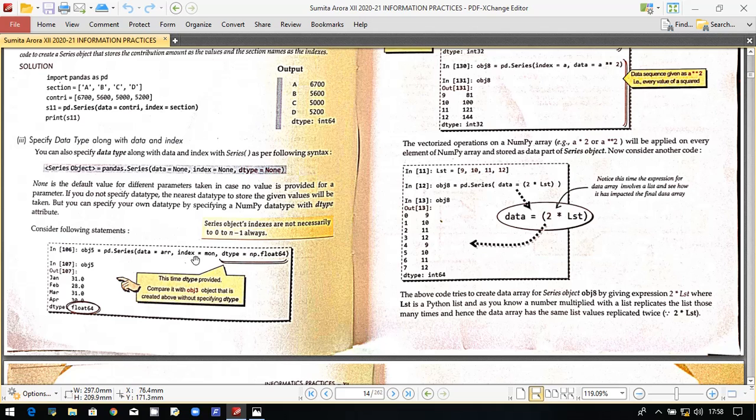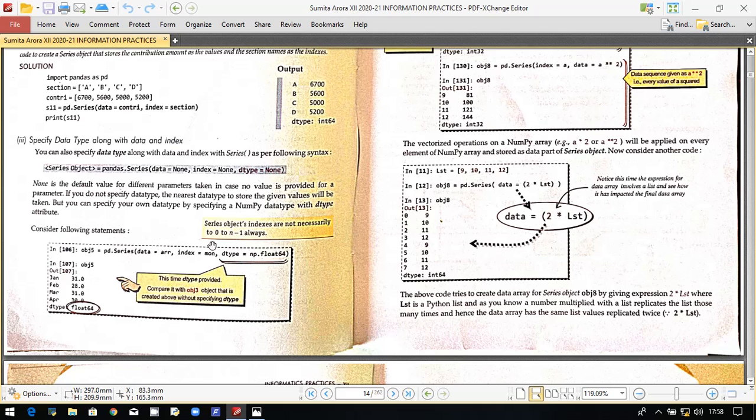So if you remember, in the earlier section of this video, we had the same object obj5, and this data was from arr only, but the data were 3128, 3130, which were in the form of integers and not float values. But since this time we have specified the dtype as np.float64, it is going to convert all the objects into floating values, that is, decimal values.